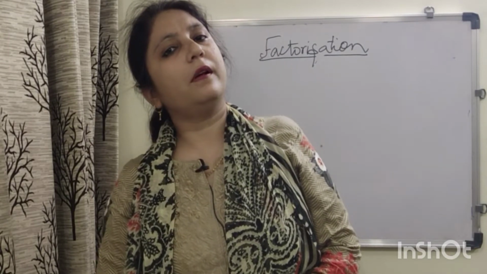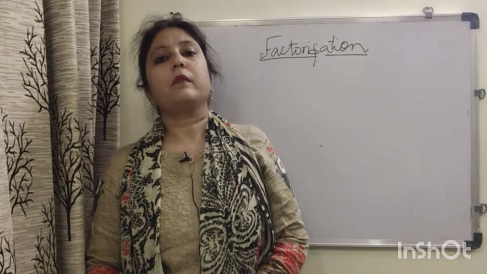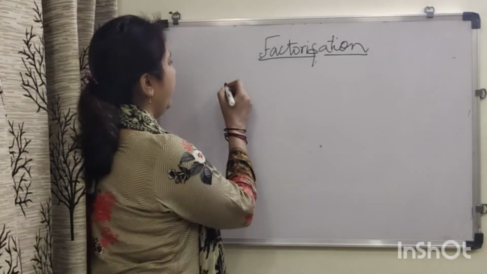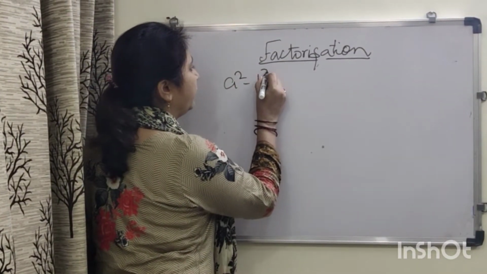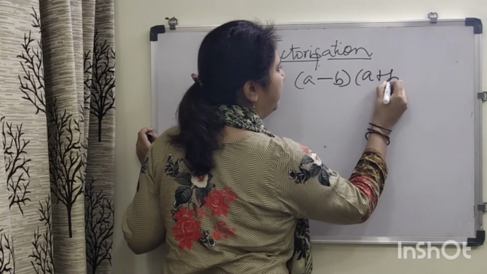In the previous video, you have learned how to factorize by taking common. That common part was a numeral, variables, multiple variables, a combination of constant and variables, and even a binomial. In this video, you will learn how to factorize using the identity a square minus b square, which is equal to a minus b into a plus b.